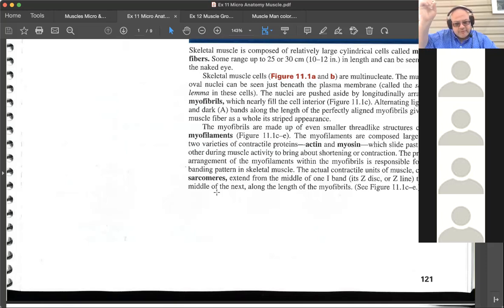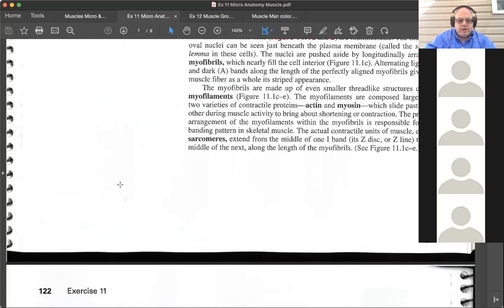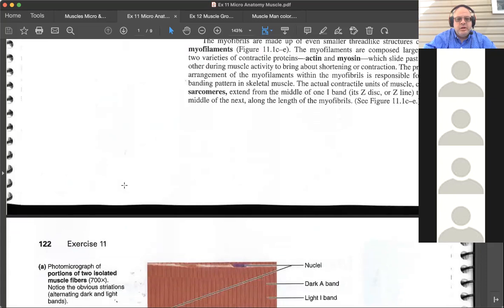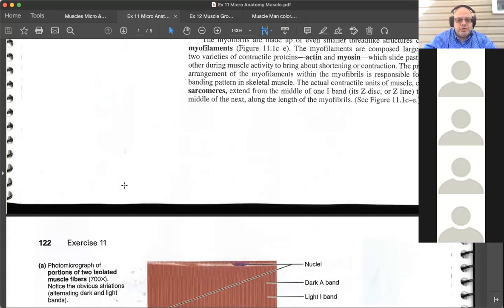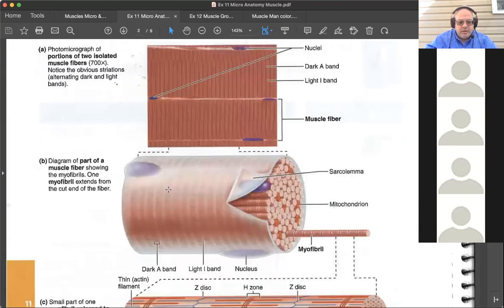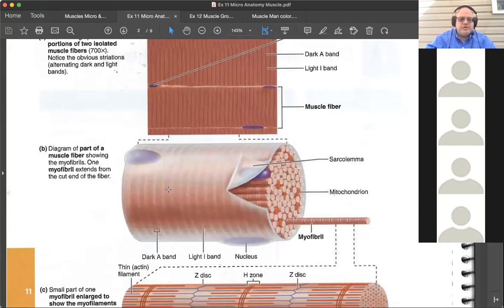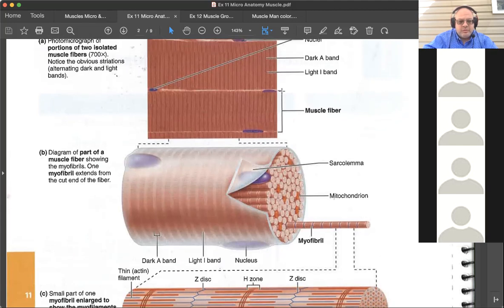Old terms for those are thick and thin filaments. You'll see both, but know actin and myosin. Those are basically the proteins that make up the sarcomere. The sarcomere is what causes the stripes, the striations, when you look at a skeletal muscle fiber under a microscope. The biggest thing you see are the myofibrils, which they've got labeled muscle fiber here. If you could zoom in a little bit more and see kind of through that